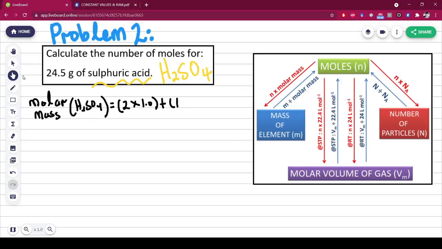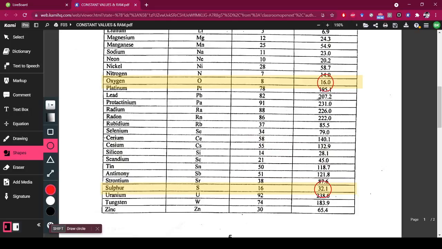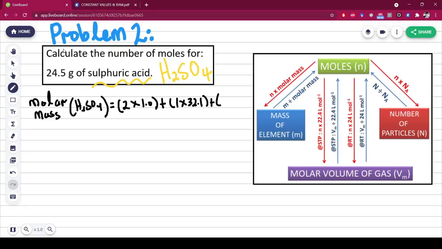So times 32.1, and you have oxygen. Oxygen is 16. So you have 16. Sorry, I'm just going to write 4 times 16.0. And the molar mass should be, if you do that very quickly on your calculator, you have